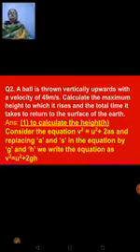Now, let's move on to the next question. See here. A ball is thrown vertically upwards with a velocity of 49 meter per second. Calculate the maximum height to which it rises and the total time it takes to return to the surface of the earth. There are two things that you have to calculate here. They have just said a ball is thrown vertically upwards with a velocity of 49 meter per second. Now, tell me, the term velocity has come and they want you to calculate the height and the time. Obviously, you have to go for your equations of motion.